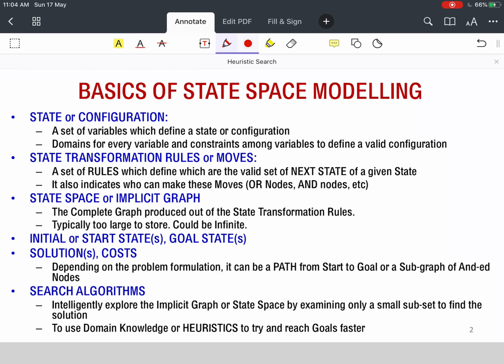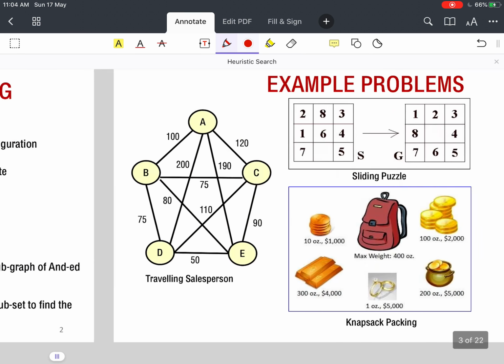And instead of making the search space explicit upfront, search algorithms intelligently explore this implicit search space by opening up and exploring only that portion that is essential. In addition, it uses domain-specific knowledge of a particular problem, which are called heuristics, to guide the search further.